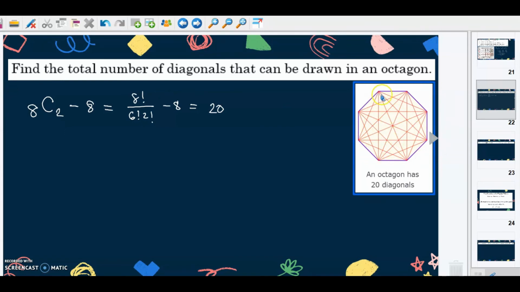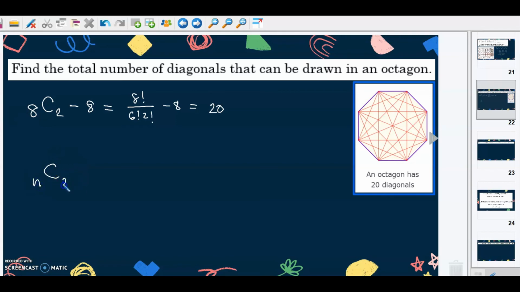As you can see here, one vertex is connected to 5 vertices. Okay? So in general, if you have a question like this wherein you're being asked to find the total number of diagonals that can be drawn in a polygon, the formula that you're just going to use is the combination